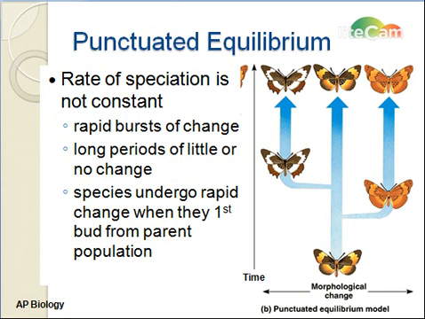The punctuated equilibrium model states that the rate of speciation is not constant. There can be rapid bursts of change interspersed